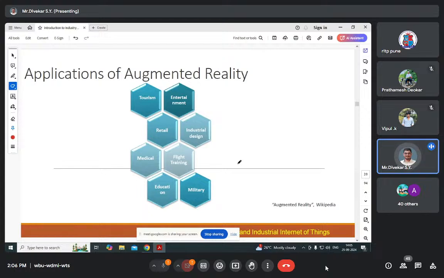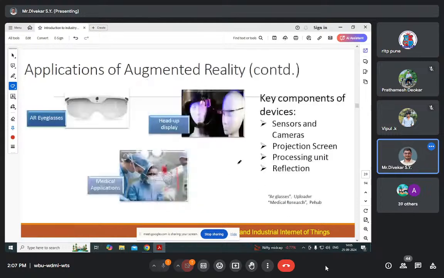Then it is also used for educational purposes, and it is also used in military applications. These are the applications of augmented reality. Now, for the viewing of augmented reality, we are using AR eyeglasses, then head-up display, which is used for projection-based display, and it is also used in medical applications to reflect